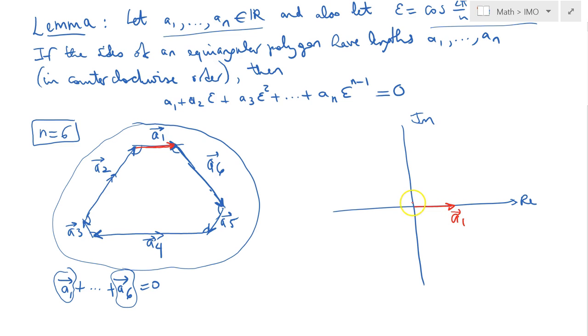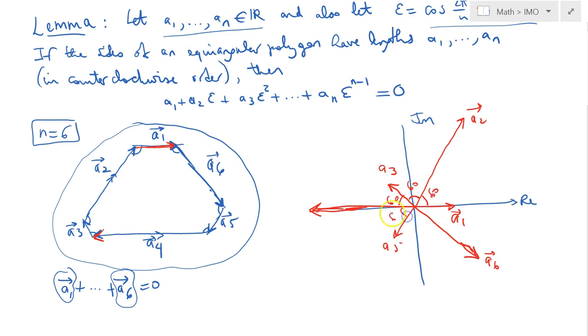Then a2 is the next one, which has a 60-degree angle, so probably like that, a2, and a3 will be the next one like that, a3 shorter. a4 is in this direction, sorry for that. a4 is this one here, and then we have a5, which is this, and finally a6 would be something like that. But long story short, because each of these angles is separated by 60 degrees,